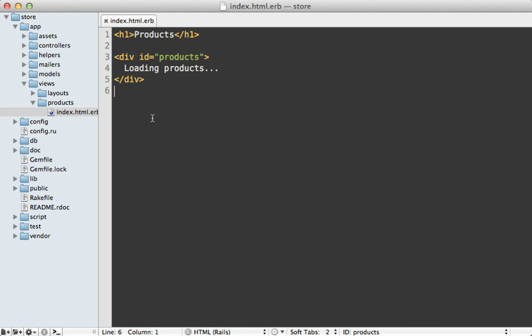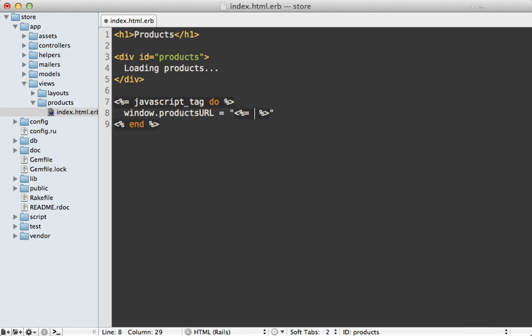Now let's say that JavaScript needs to know what URL to call to fetch the products from, and I hate to write static URLs in JavaScript, so let's generate that dynamically through our Rails app and pass that into JavaScript. One way we could do that is by adding a JavaScript tag directly in this view here, and then setting in the window variables we want,